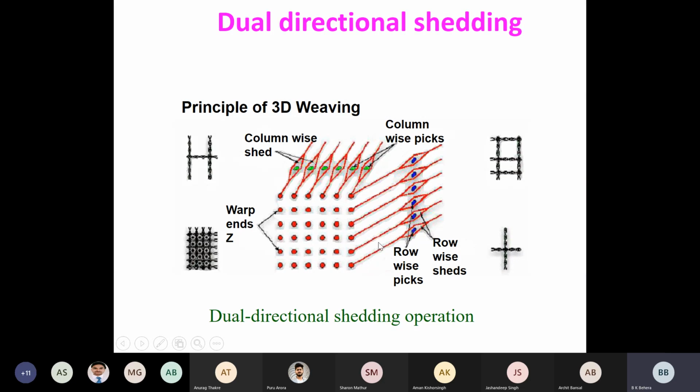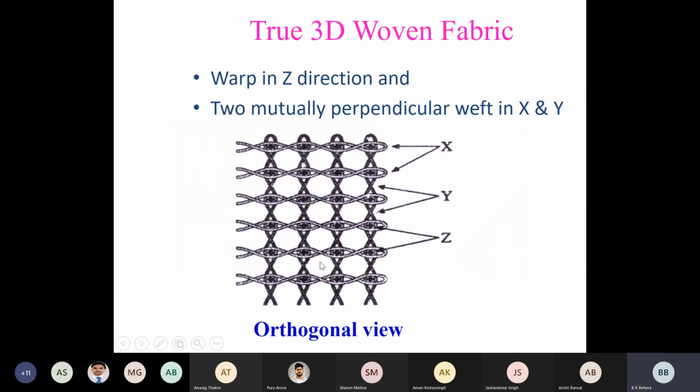And this is a true 3D fabric, true 3D fabric on 3D weaving system, where we have two different types of shade, horizontal and vertical, two weft yarns inserted, and one warp which is in the Z plane. This is how this fabric is produced, and this fabric is shown in this manner. I have already shown you this diagram: warp in Z direction, two mutually perpendicular wefts in X and Y direction. This is called true 3D woven fabric. So this is all about today for